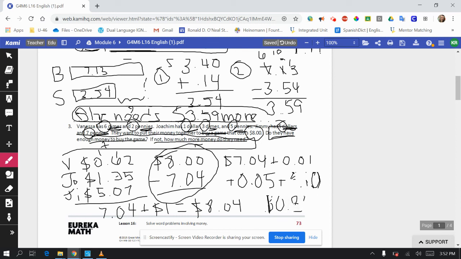Well, y'all are glad you're writing in your book with pencil and not with this thing, because seriously. All right, so then